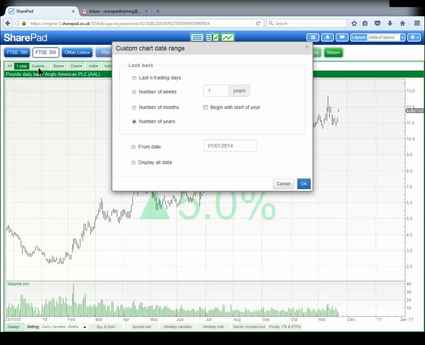If I click on the custom button, we have various options we can select. We have last N trading days, number of weeks, number of months, number of years. We have from date or display all data. Now, for example, you can see from date, it says 01/01/2014. I could display the data from the last low of the FTSE 100, for example, so when we had the last sort of mini crash, or I could do it from the beginning of the year, so I could change that to